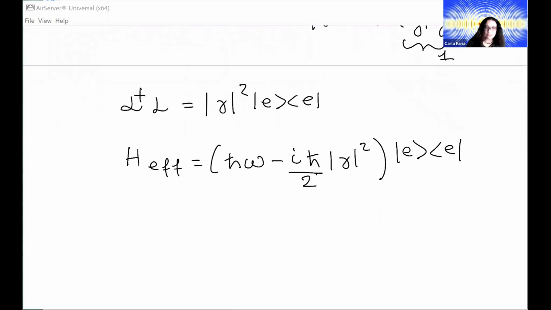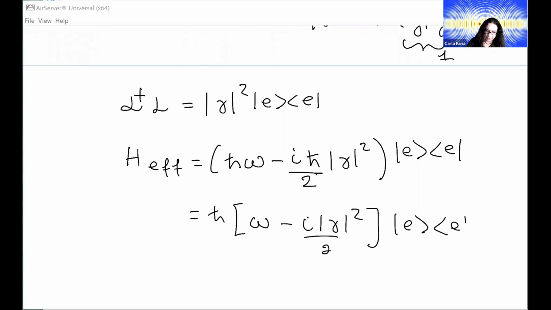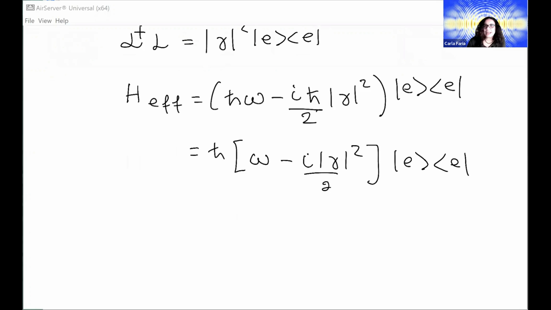Now there's a few interesting things I would like to pay attention to. First, if I write this like H bar, this is going to be omega minus i gamma squared divided by 2 |e><e|. This is as if your Hamiltonian now had acquired a complex energy,